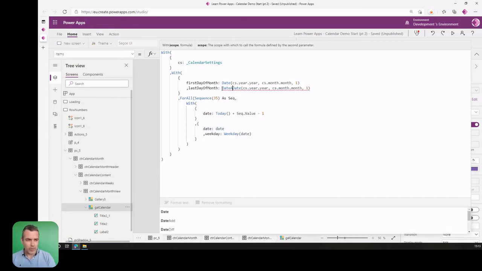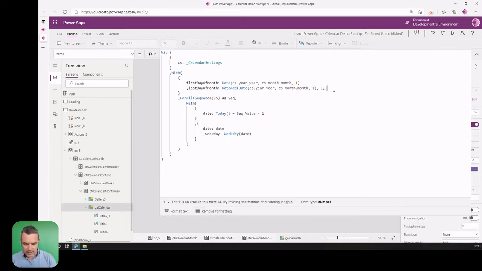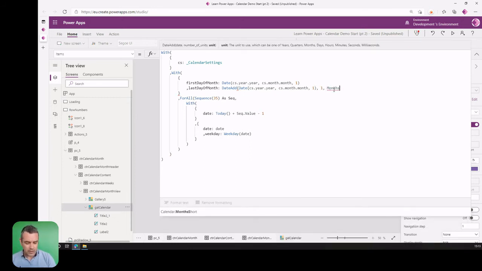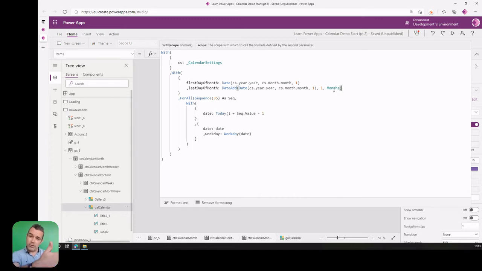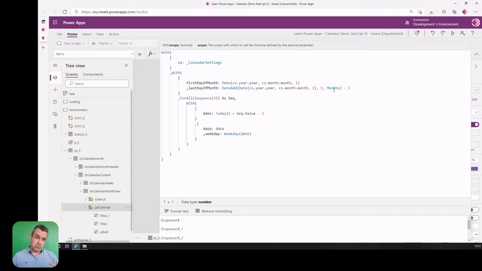And here we will have a date add formula, because we will just basically add 1 month. So we get basically the first day of the next month, and then take 1 off to have the last day of the current month. So, fairly simple